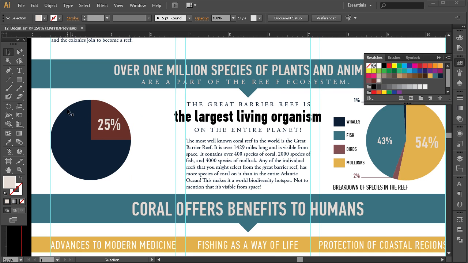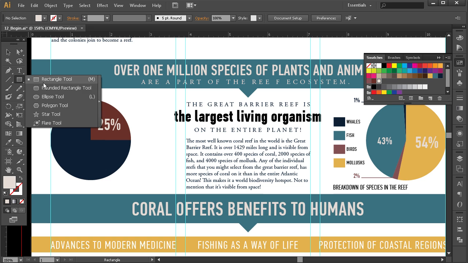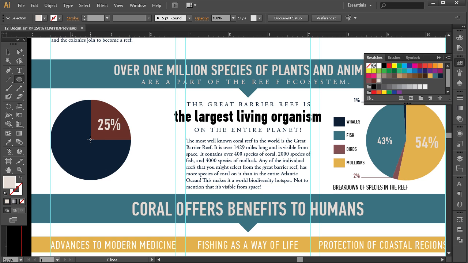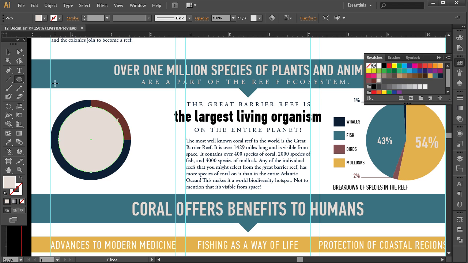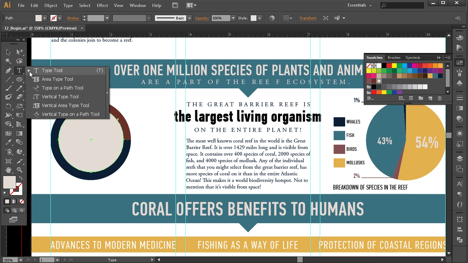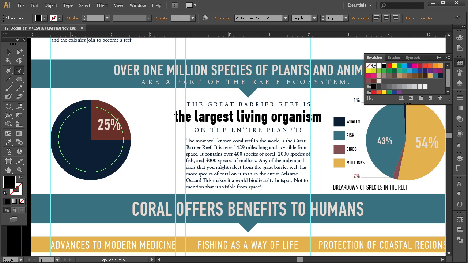And we can put that maybe just kind of on a circular path here just to sort of label what this other side is. So I'm going to come in here, we'll grab that ellipse tool. Again, I'll just kind of start in the middle, pull this out. If you need to readjust it, you can hit the space bar. And then I'm just going to type on a path tool right there. Instead of type tool, just type on a path tool. We'll click that, and we'll just go ahead and type this one in. Make sure we spell it correctly, and we'll call this